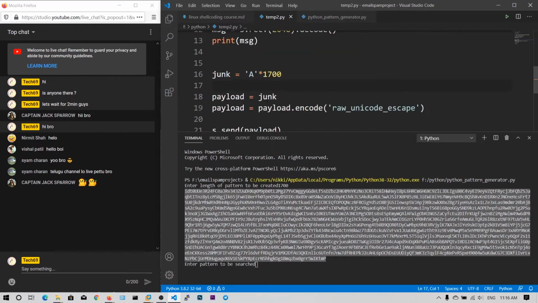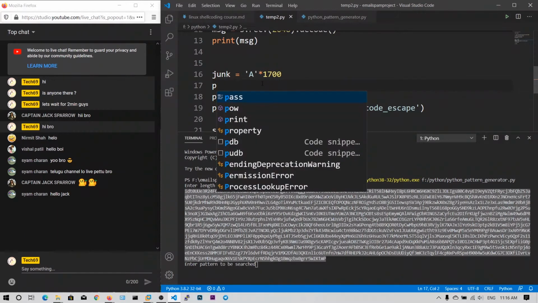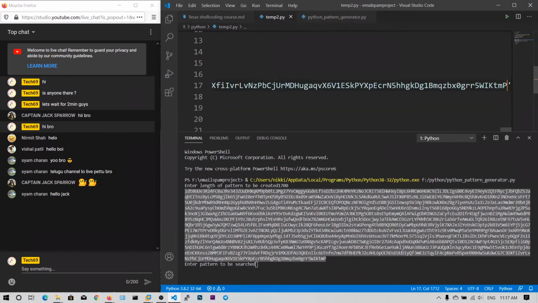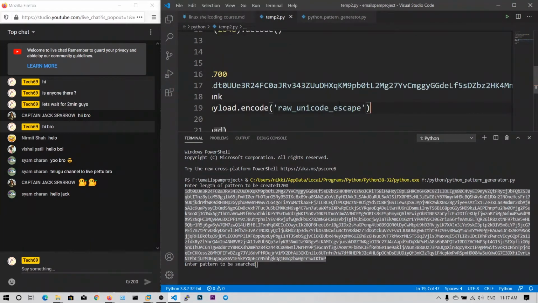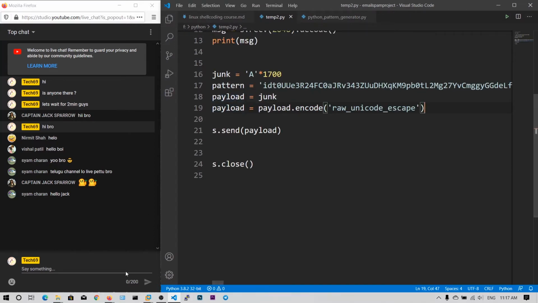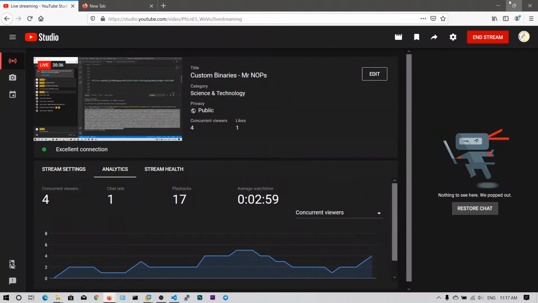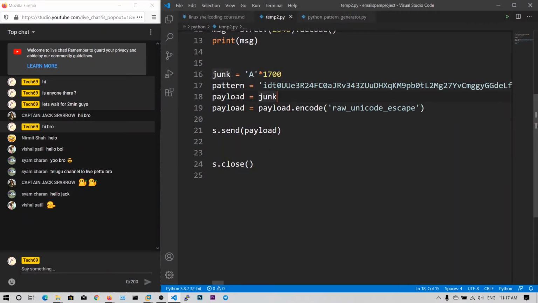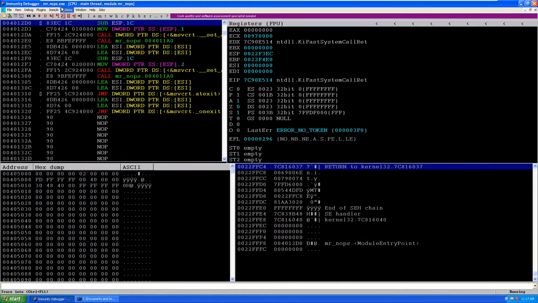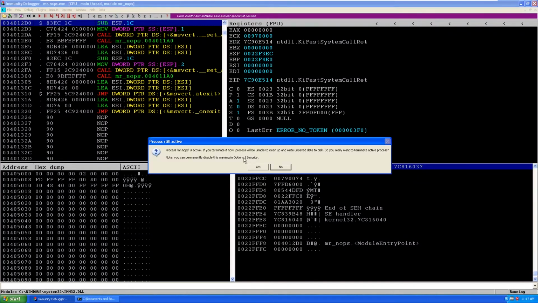Now I'm going to copy and paste that unique pattern into my pattern variable. So guys, now instead of junk, we are going to send the pattern to see at which point we get the EIP and ESP overflow.